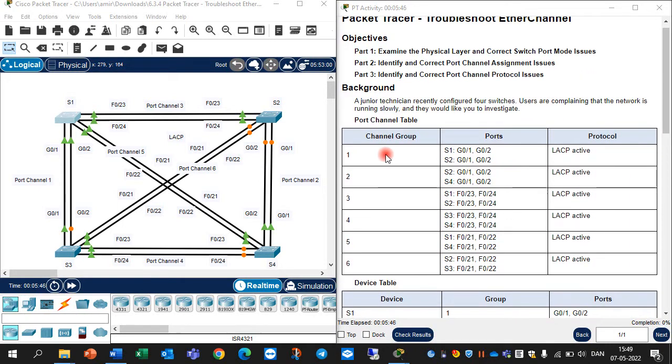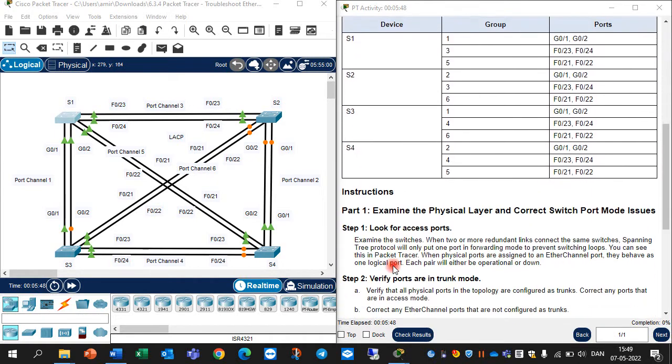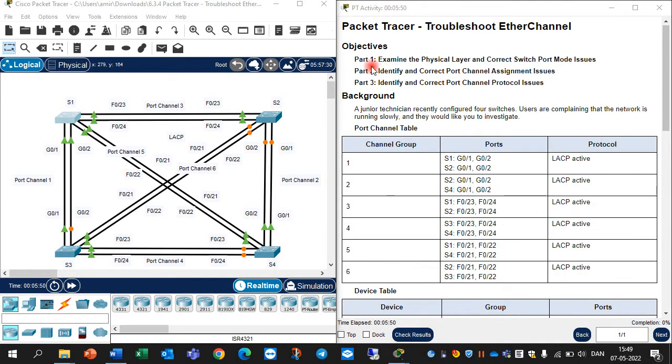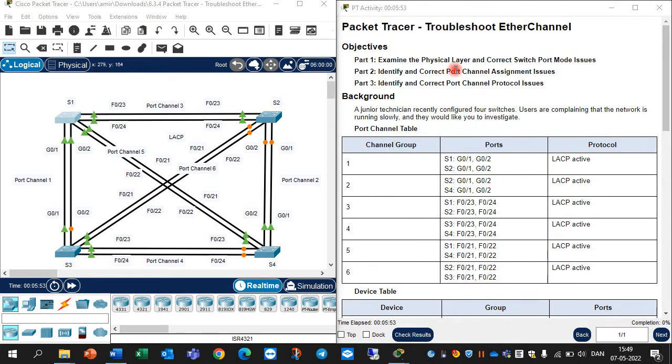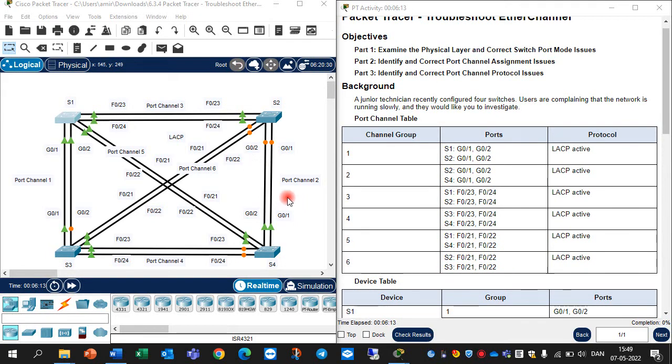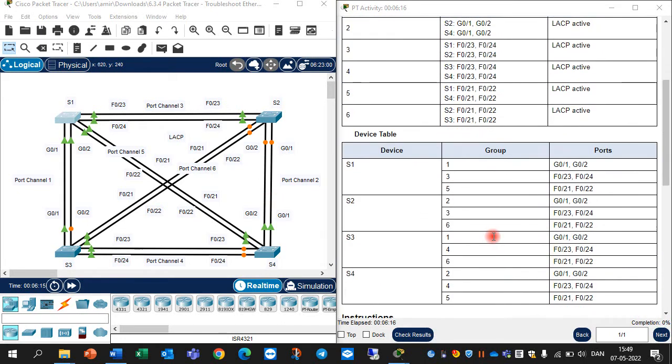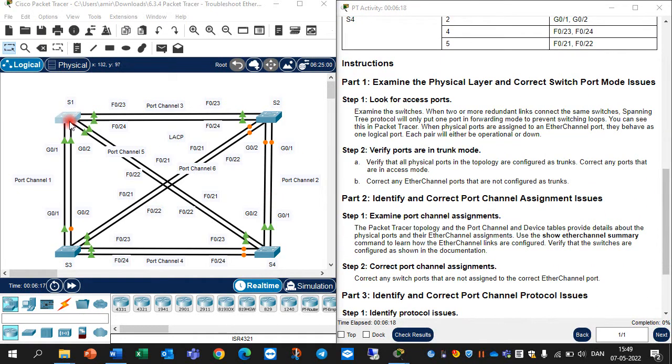You can see the 6 channel groups that we have here, and in the first part you should examine the physical layer and correct switch port mode access mode issues. As you know, we have two switch port modes, access and trunk, and the rule is that all of the interfaces that participate in EtherChannel should be configured as trunk, and also the port channel that we have configured should be configured as trunk. Okay, we should go to